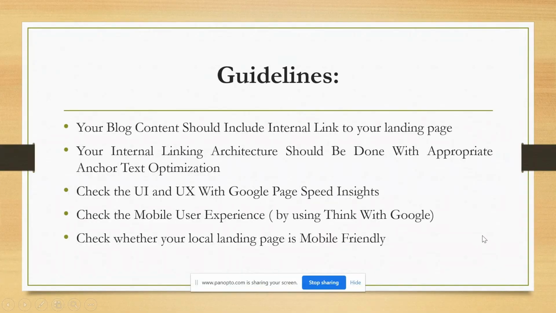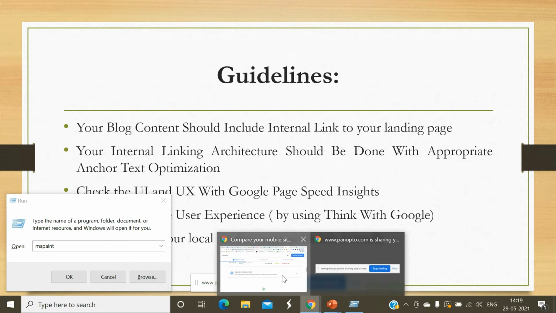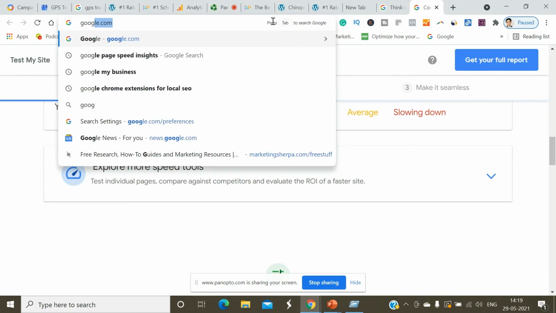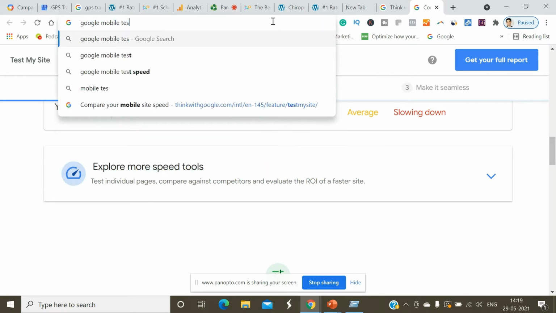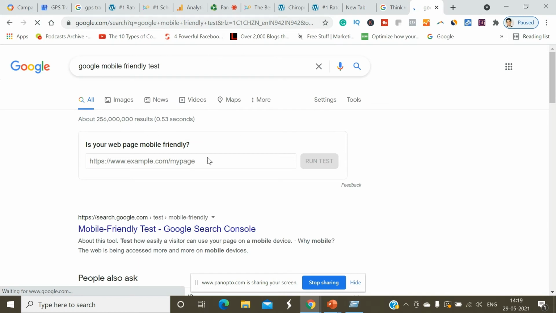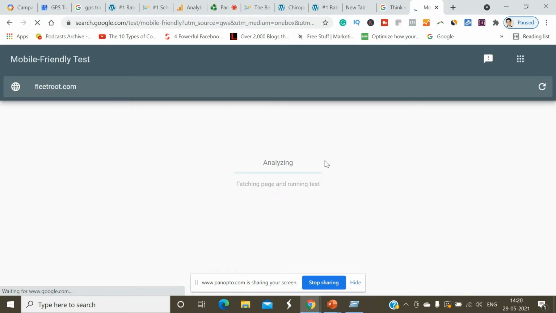Then you have to check whether your local landing page is mobile friendly or not. So here, say the mobile friendly test, enter the website .com and test. Now this will tell me whether my website is mobile friendly or not.